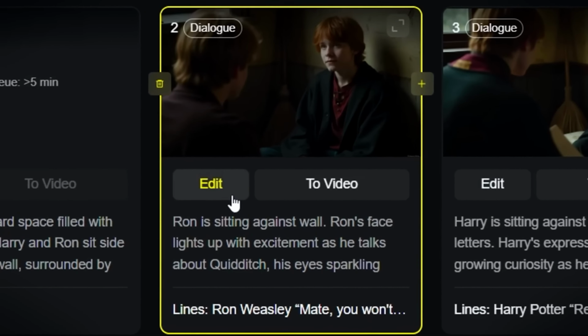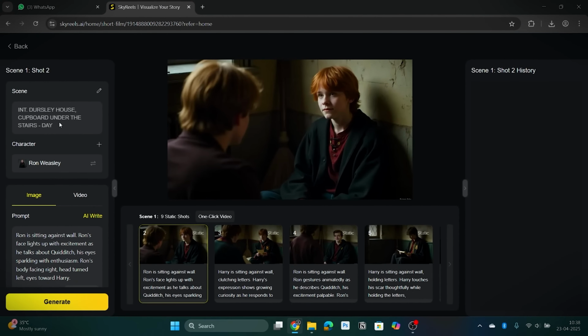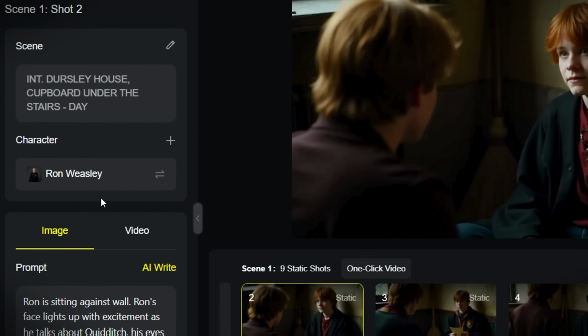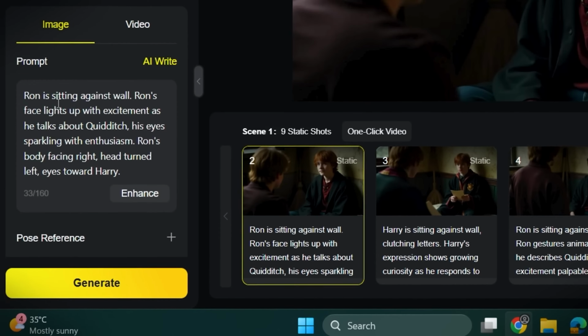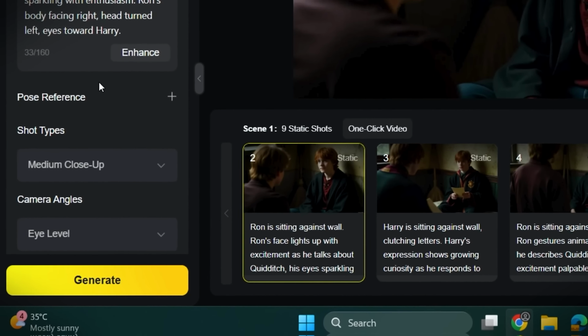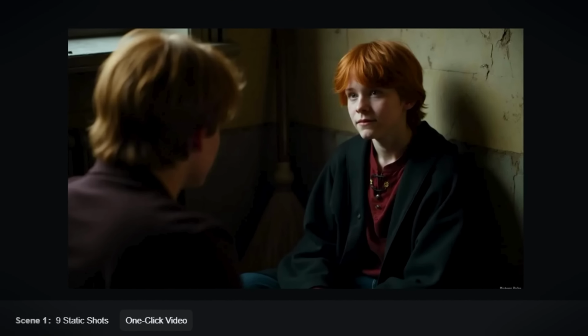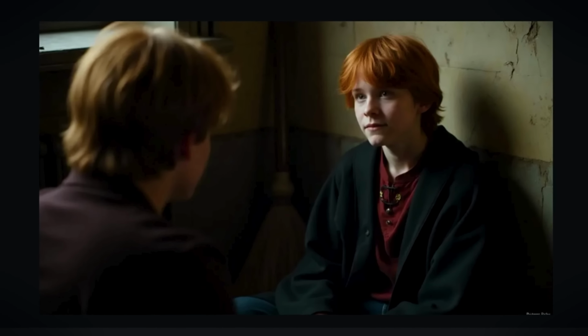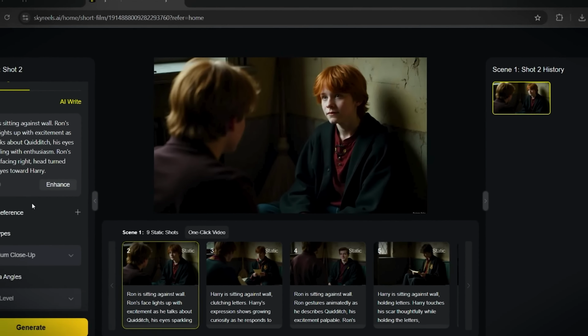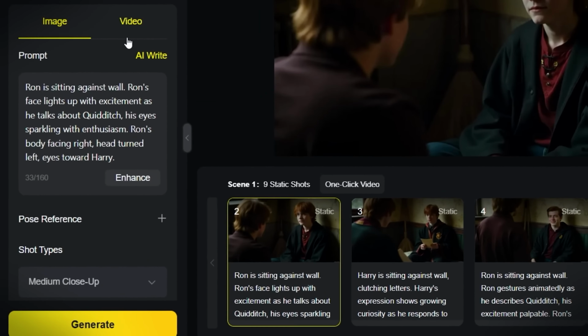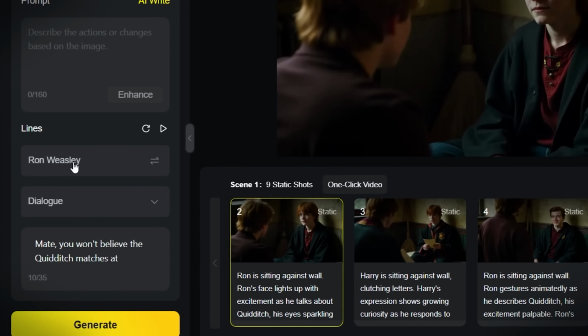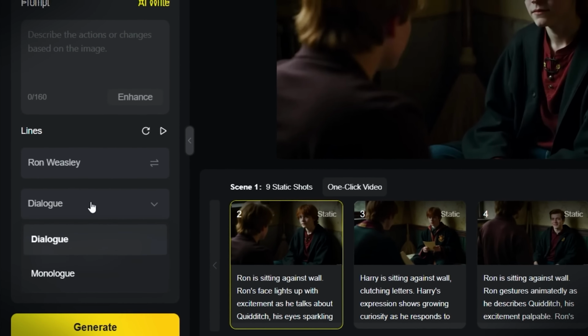You can even edit any frame by clicking on Edit. When you click on Edit, you will see the scene text, characters in the scene, explanation of the scene, and what type of shot it is. Even you can see how perfectly the lighting and focus have been created in this scene. I am just learning how to operate a camera. But here literally the cameraman's work ended. Even the lighting man's. If you go inside the video, you will also see here which character will speak what dialogue. And you can also change this thing.